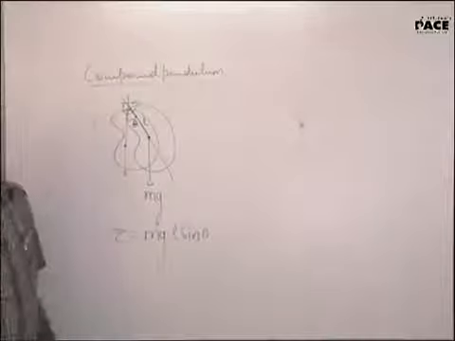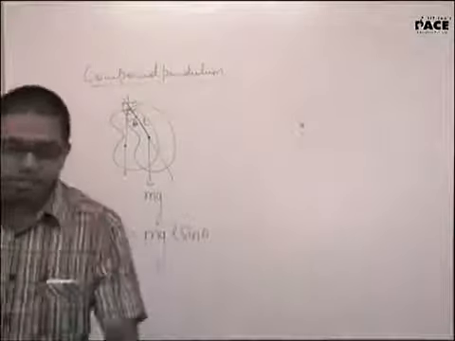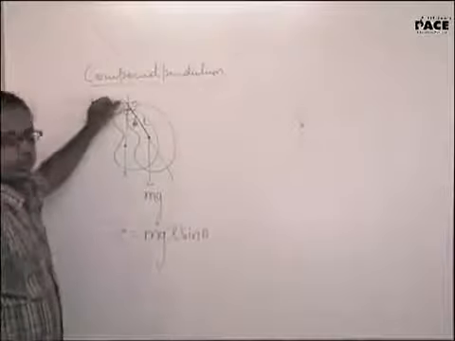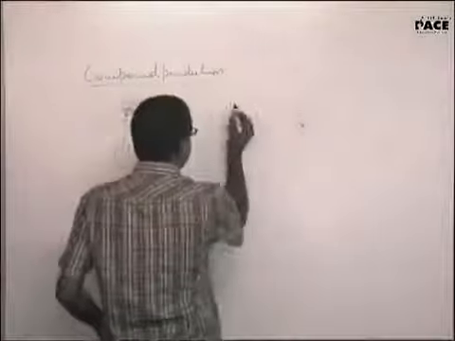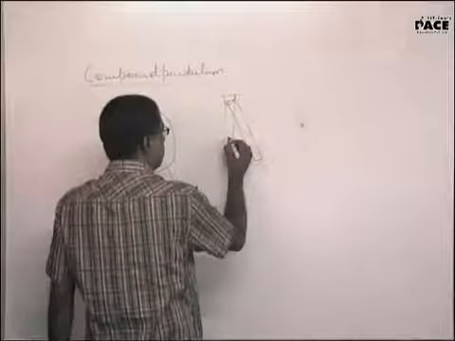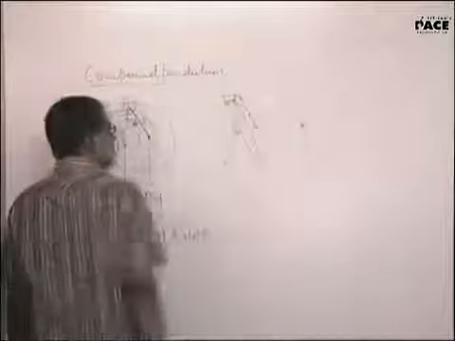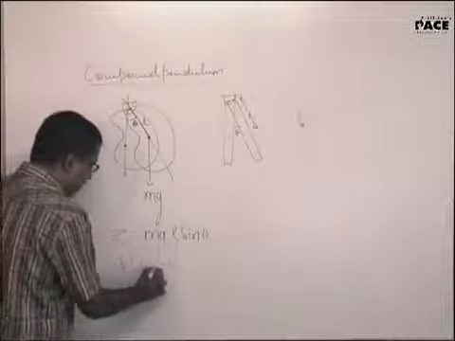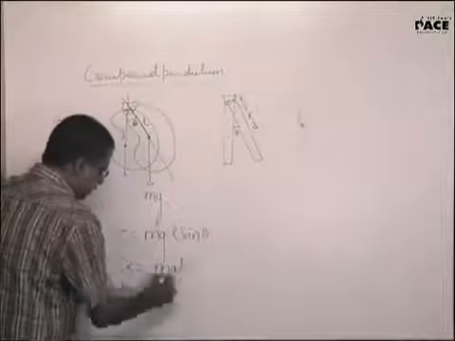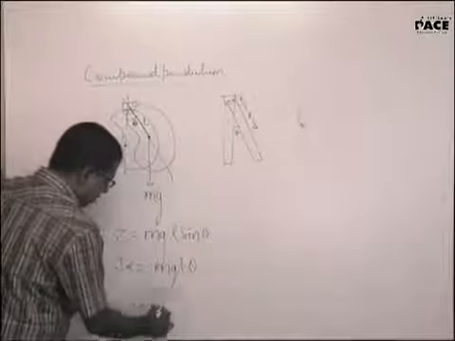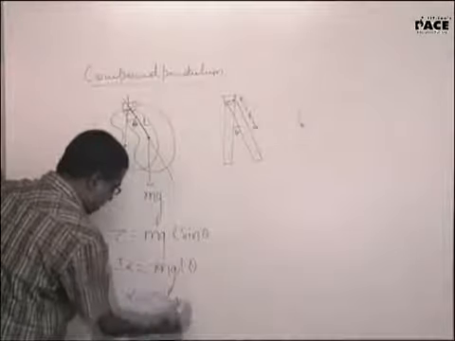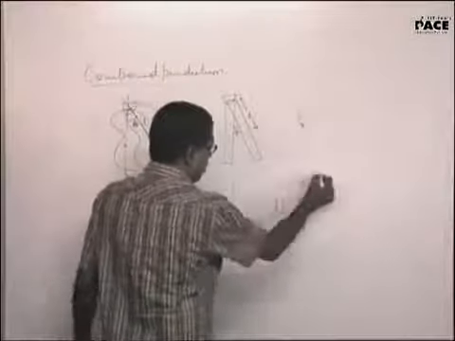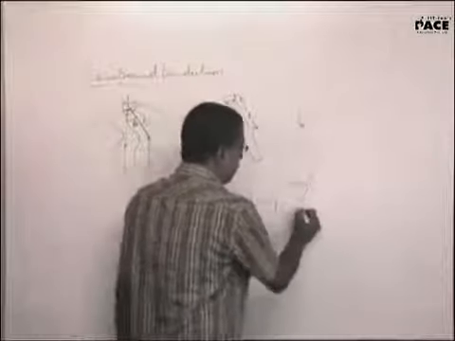What is this length L? L is the distance of the center of mass from the point about which it is hinged. It could as well be a thin rod this way. This will be L. Theta should be small. If theta is small, this is I into alpha. This is mgl into theta. Alpha is mgl divided by I into theta. What do I get omega as? Omega is root over of mgl by I.